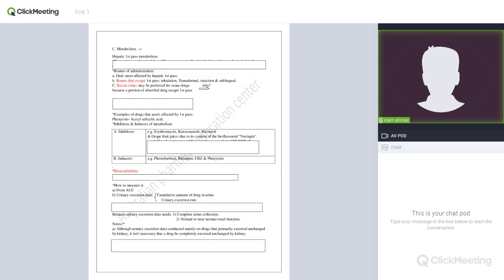Back again. So now we have the examples of,